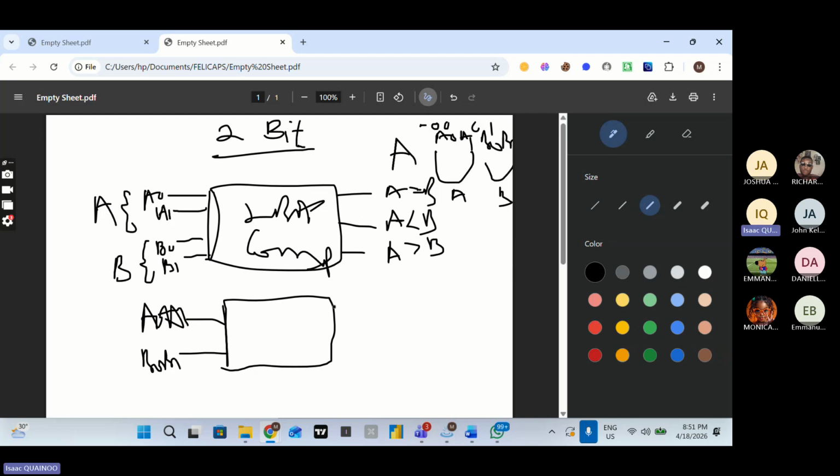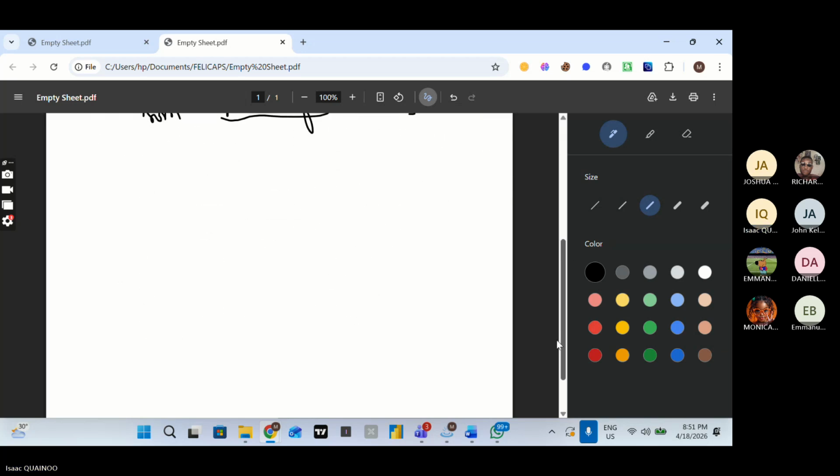They are all correct. So our output is going to be A equals B, A less than B, A greater than B. And this is going to be a 2-bit comparator. So whichever of these two we are going to use is just the same thing. They just mean the same thing. Okay, so now that I know the block diagram, let us look at the